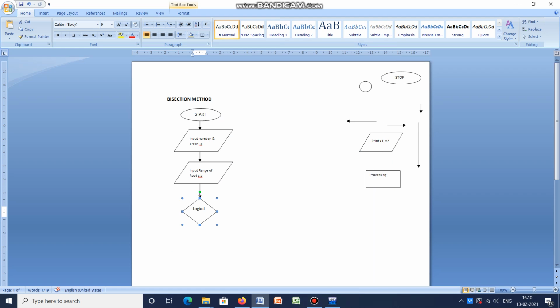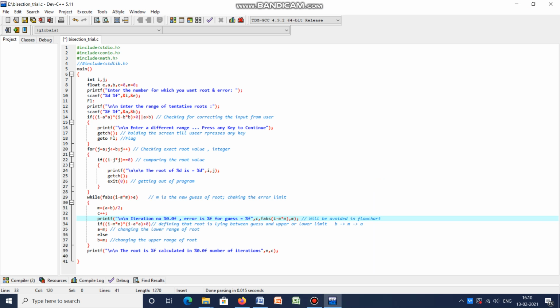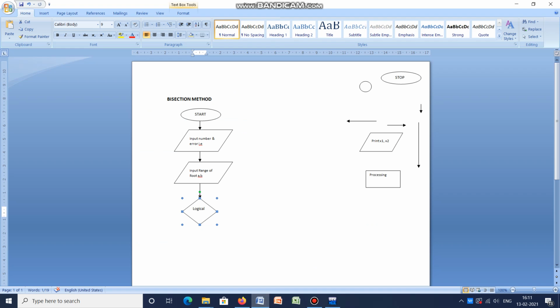As we said, I need to check that the numbers are entered in the proper manner or not. So we are introducing a decision box where I shall check I minus a square into I minus b square is greater than 0, or a greater than b. If it is yes, then this will be processed and I shall ask the user to enter again. If it is no, then I can process further. Okay, so ये थोड़ा बड़ा होगा.